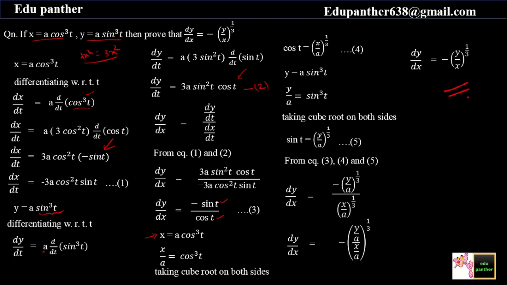So if you have to prove something for a parametric equation, the first step is find dx by dt, next step find dy by dt, then by using the formula find dy by dx. So this is a regular procedure, but for proving something in case of a parametric function, we have to use the given question also. Using the given question, try to find the values which we have got in dy by dx.